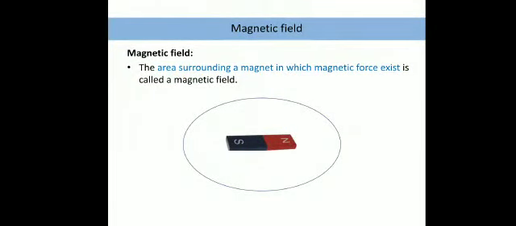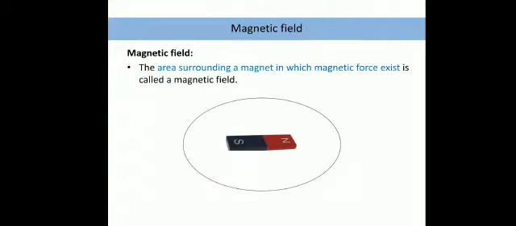The area, this is the region where it is going to attract. Now, how is a magnet able to attract all these things if we place them inside that field, or a magnetic field? Scientists were looking into it, and one of the scientists came up with an explanation that there are some invisible lines present inside it.